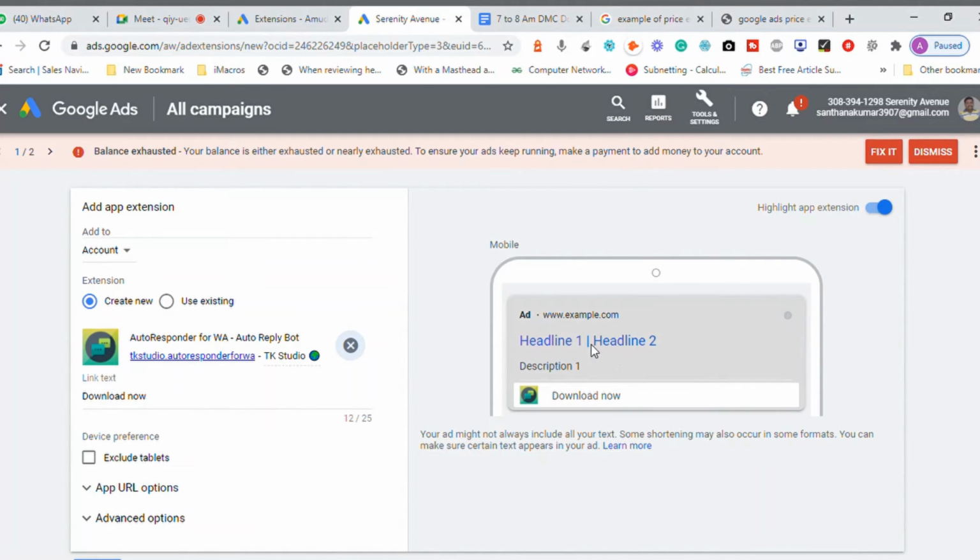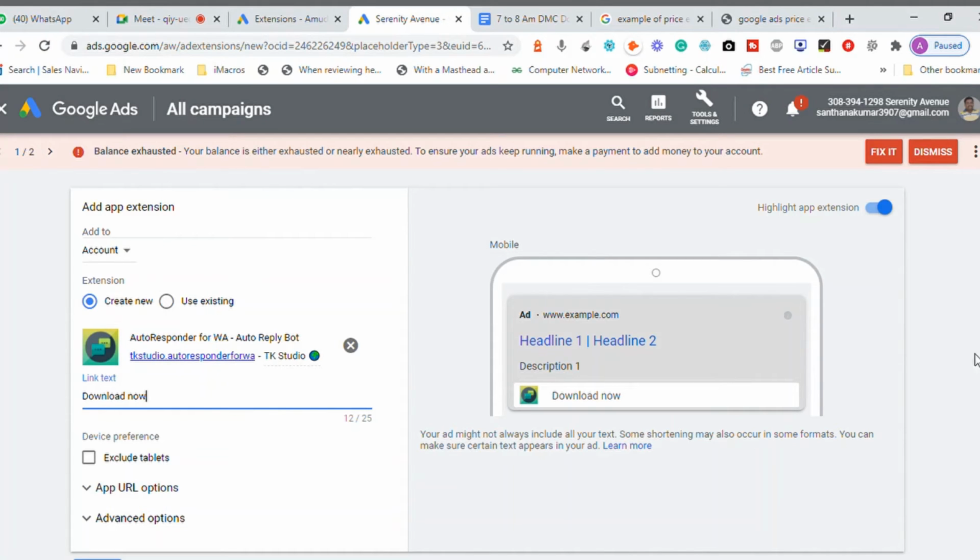Now along with your advertisement that is shown here, you will see an option called download now. So if people are visiting from a mobile phone, they can click on the download now button and have the application installed of their choice. The link has a text of download now. If you want, you can change this text, to something like install now. Most probably download now is the right way to do it, so that when people click, they'll be taken to the Play Store, where they'll have an option to install, and they tap on the install button.